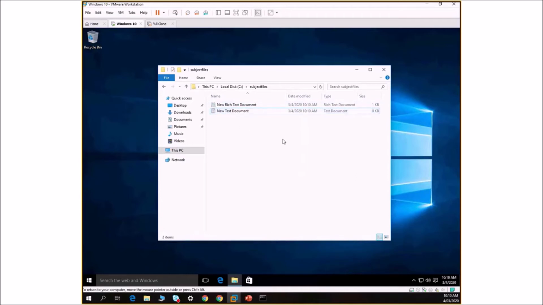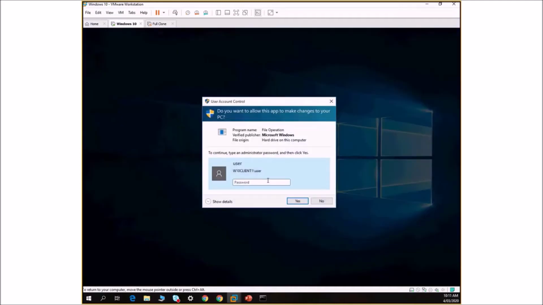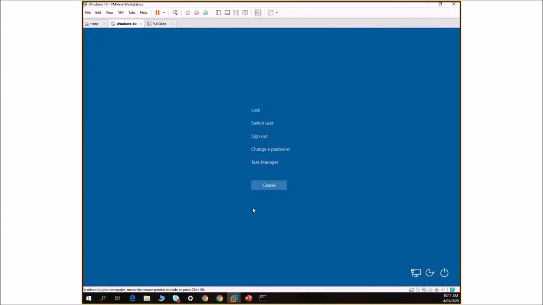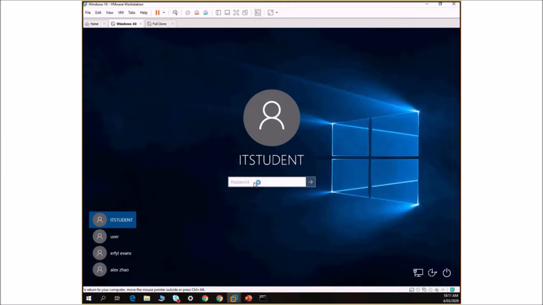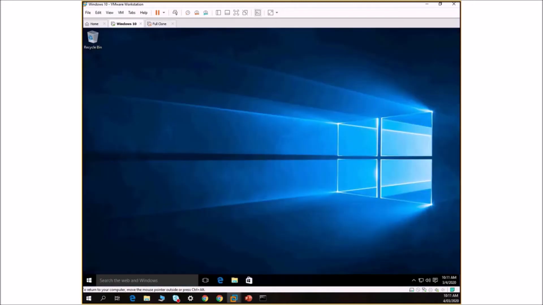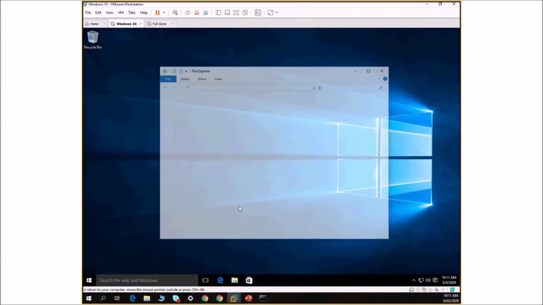But if you know how we gave ourselves the right permissions, not modify permissions? See what happens when I try to delete it? I still have to upgrade my permissions. Okay, let's switch back to our original user, and our original user, or the first user we ever created on this system, is always the administrator. So this user is the IT student on this particular computer, is the administrator. And if I go back to the same area